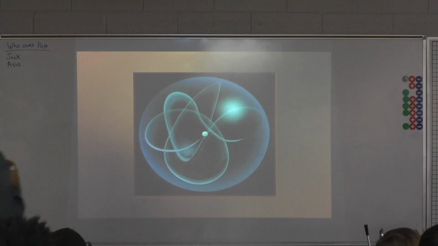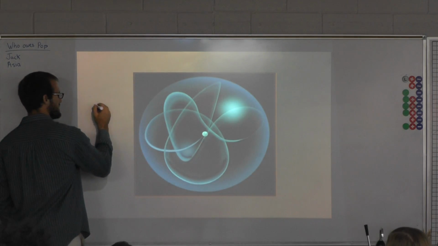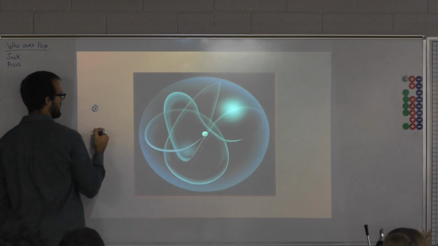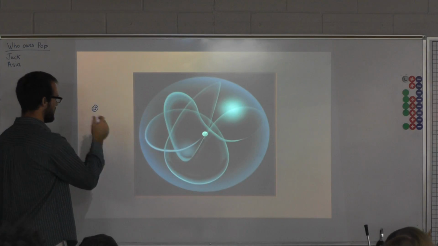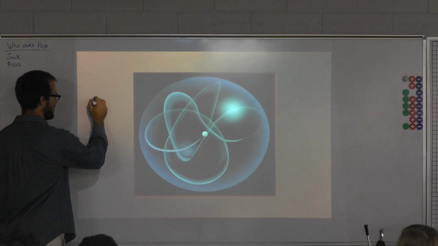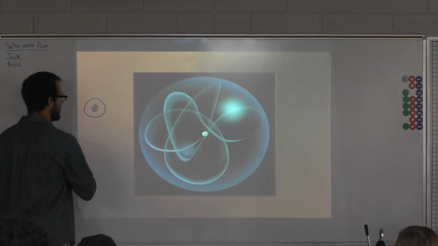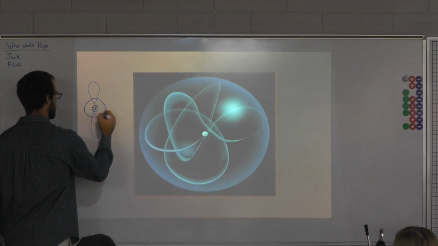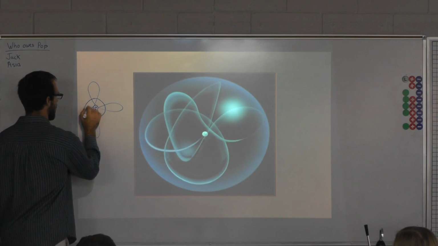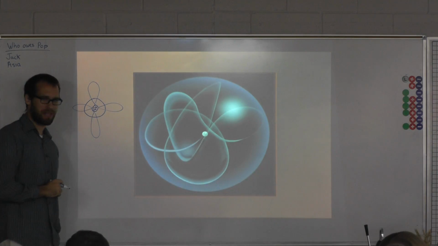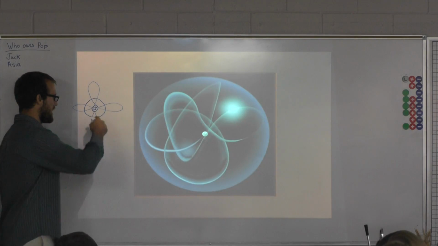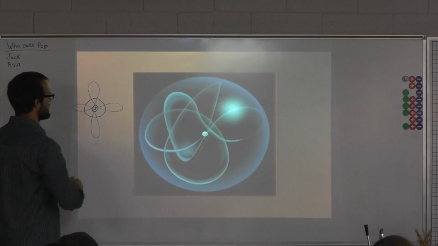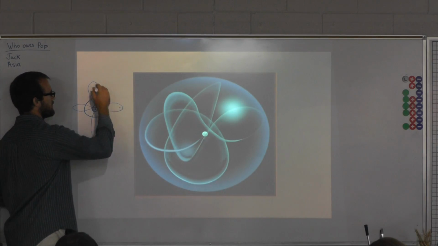So if I were to draw the model, I would have my nucleus in the center with your positive protons and your neutrons, and then here's what I'm going to do. You guys don't know this, but there's an s orbital, and it's a sphere actually. Then there are p orbitals that actually look like dumbbells. Now again, think 3-dimensional here. There'd actually be a p that would go into the page and out of the page, but the electrons are in these orbitals.